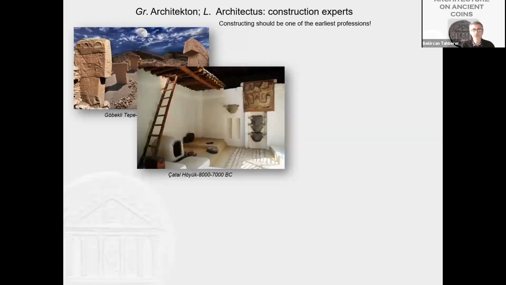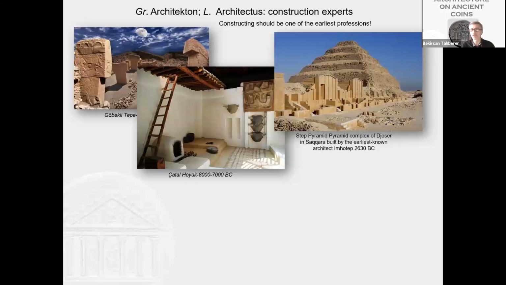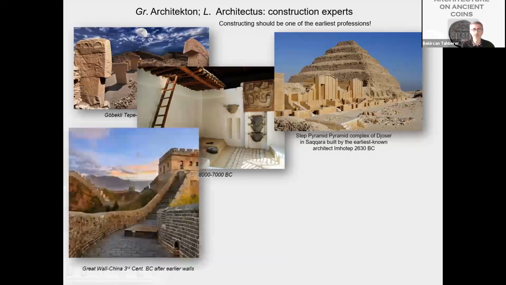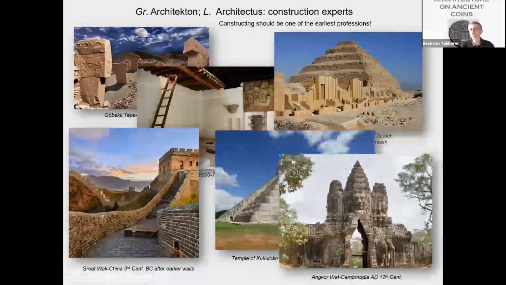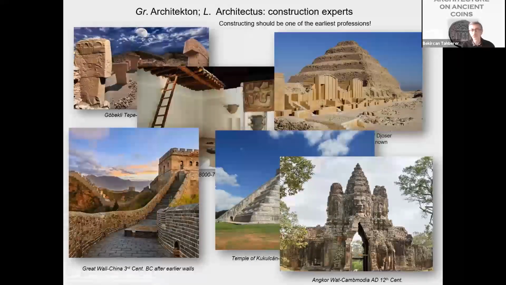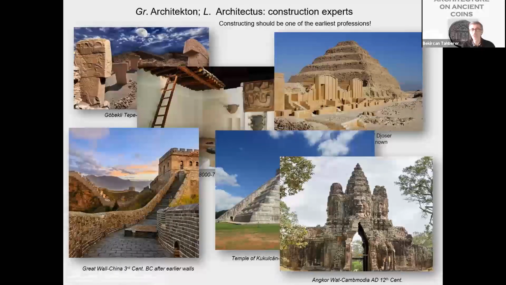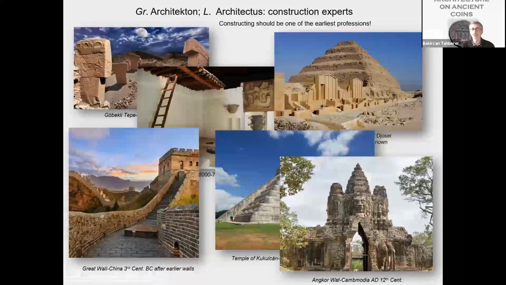I selected a couple of pictures just to show you how people started building, from very simple types of structures to very complicated and impressive structures. And you see they're all coming from different parts of the world. And yes, they are coming from different time periods, but as you see, people developed techniques, ideas in terms of architectural structure everywhere. And we cannot really attribute the expertise to a certain culture. But in many cultures, people developed ideas about